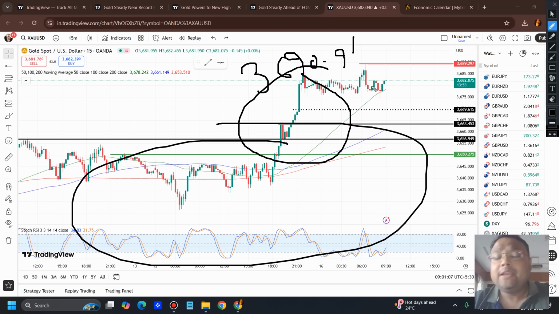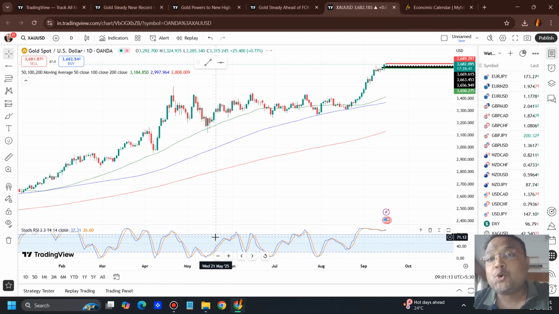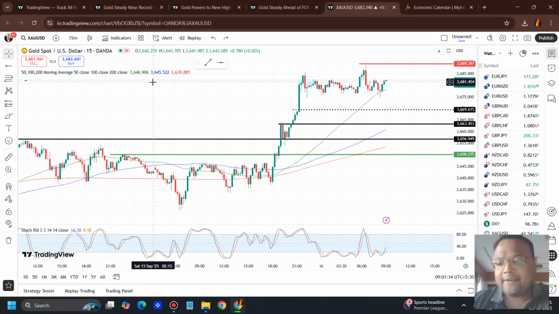Anyways, this is the 15-minute chart of gold in front of us, and as we can clearly see, there is still no sign of retracement, because technically gold should come down. Gold should come down to the 3600-3500 area, but if gold doesn't come down, we cannot help it. If you want to make money, then following the trend of the market is the only solution, isn't it? So let's look at the trading opportunities for the day.